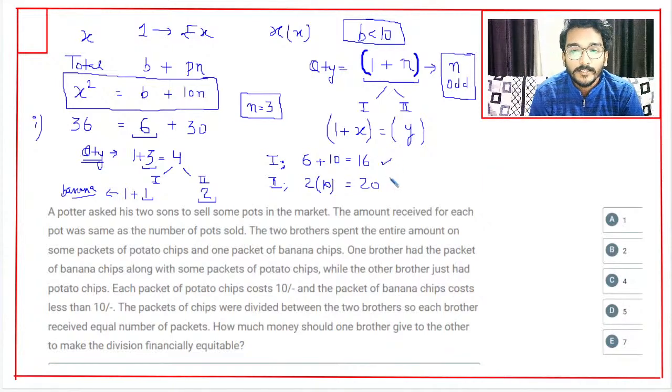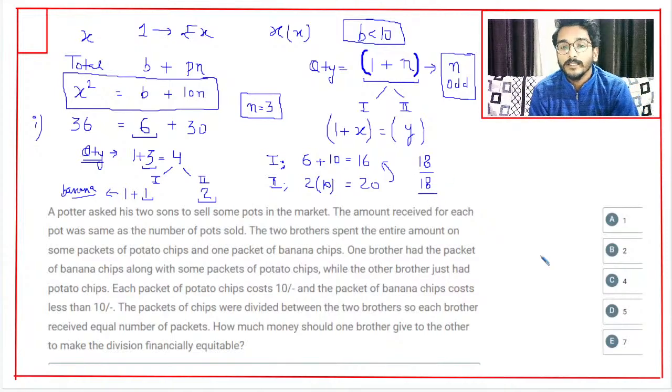तो देखो बैलेंस हो गया ना, 16 + 20 36, ये भी बैलेंस हो चुका है। अब वो बोलता है कितना मैं ट्रांसफर करूं कि ये चीज इक्वल हो जाए। तो अगर मैं 2 रुपये ट्रांसफर करता हूँ, बेसिकली एवरेज की बात कर रहा है वो, तो अगर मैं 2 रुपये ट्रांसफर करता हूँ यहाँ से यहाँ, तो ये 18 रुपये हो जाएंगे, और इसके पास भी 18 रुपये हो जाएंगे। सो जस्टिफाइंग ऑल द क्राइटेरिया।